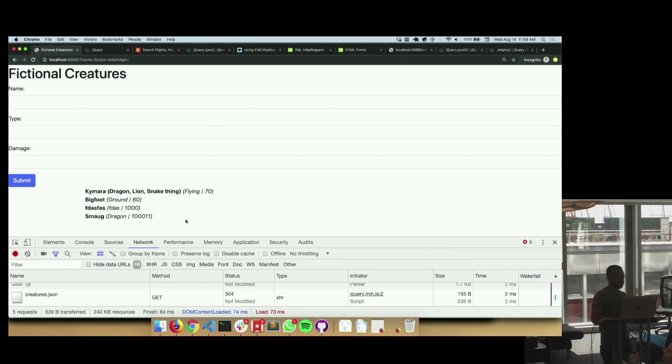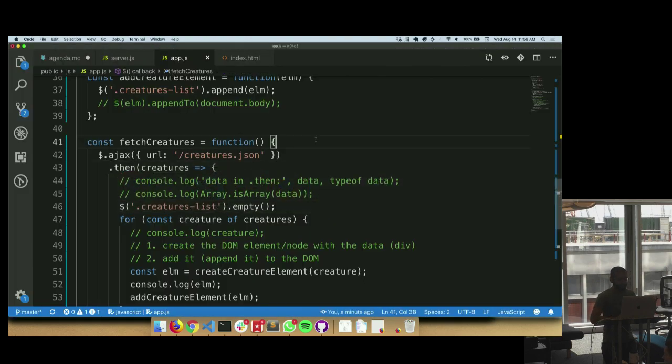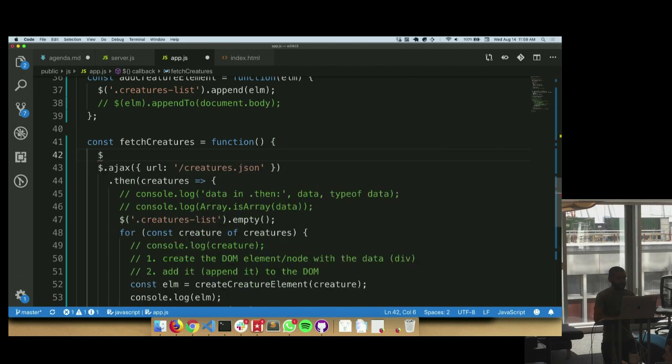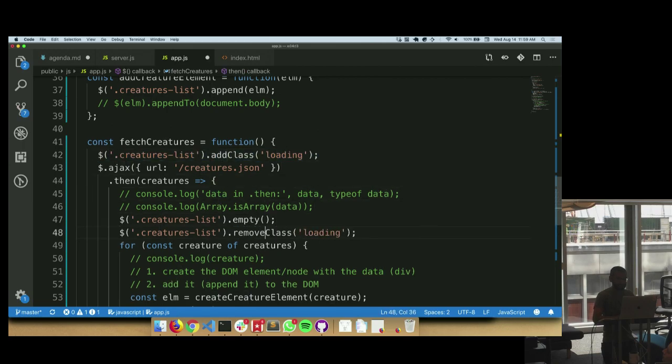Now here I can start being clever and do some nice UI things that don't take a lot of effort. For example, right before it's fetching, why don't we, either using jQuery or using CSS, take that creatures list, and add class loading. And once it's got the data, then we can remove class loading. And what is class loading going to do? Maybe it's going to fade it out and fade it back in, so that the user can actually feel like